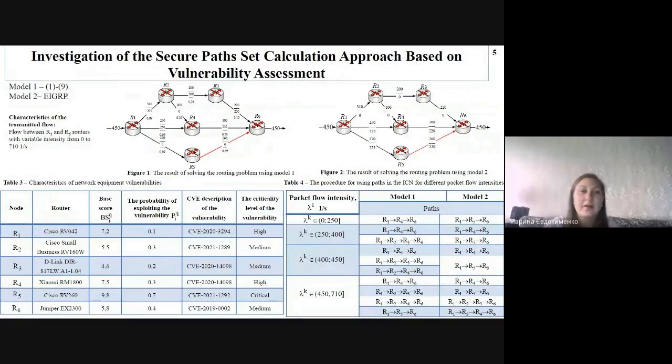During our investigation, the network consists of 6 nodes. In the process of investigation, one flow was generated, where the source node of the packet was router 1 and the destination node was router number 6. The intensity of the packet flow varied from 0 to 710 packets per second. In table 3, you can see